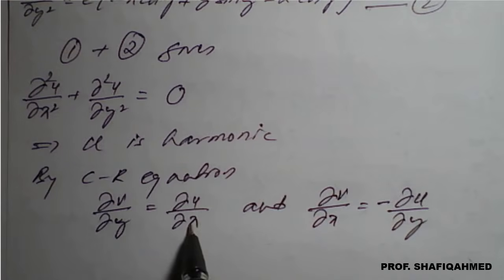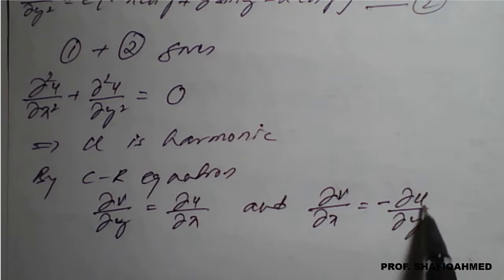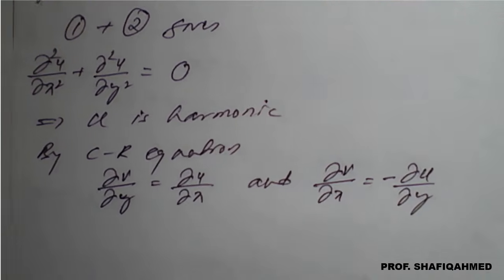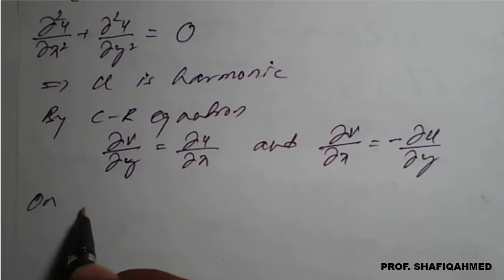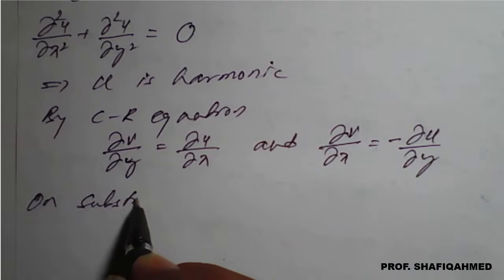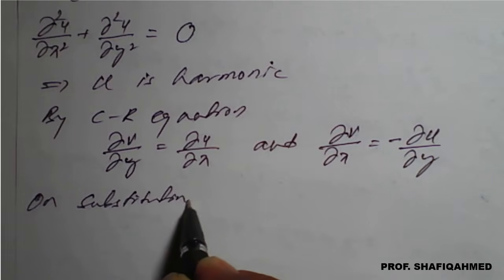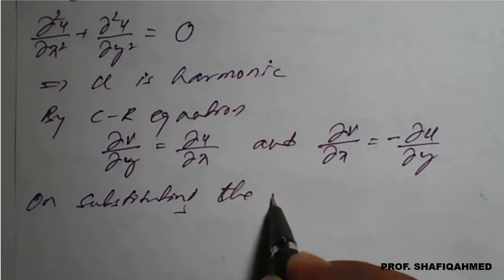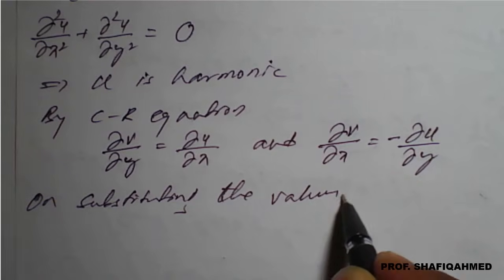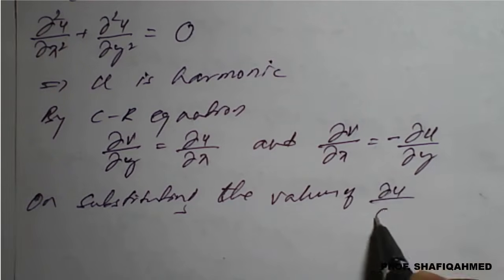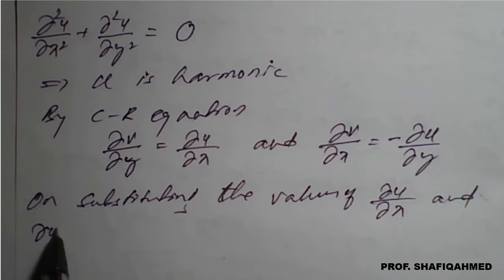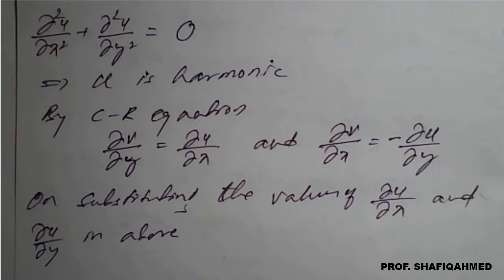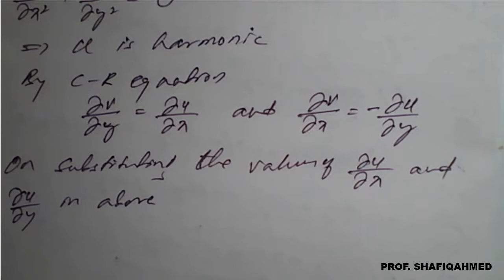So we know ∂u/∂x and we know ∂u/∂y, just now we have calculated. So therefore, on substituting the values of ∂u/∂x and ∂u/∂y in the above,